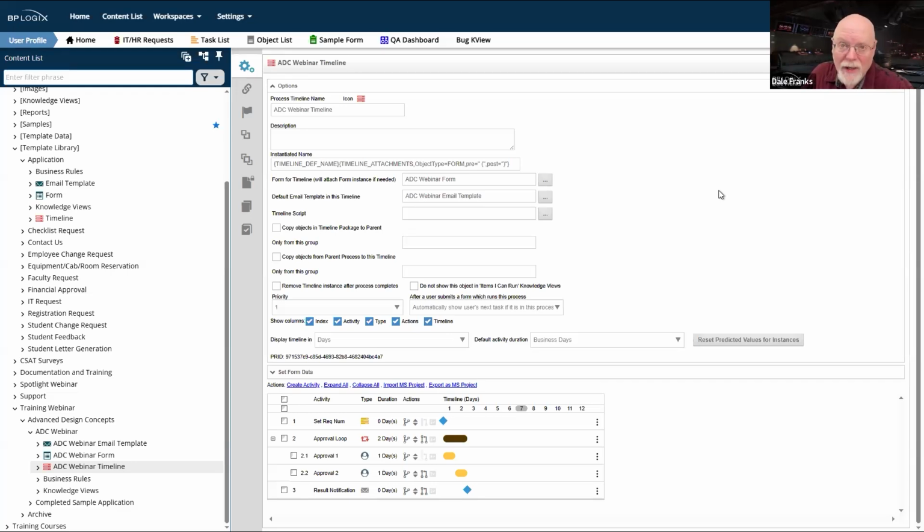especially if you're going to have a lot of attachments. If I'm going to have like 5 or 10 different document attachments, this timeline attachments system variable is going to return a lot of text. And so your names have a tendency to turn into paragraphs because I've got 30 Word documents that I've uploaded and I've converted them to PDF. So you might want to think about how the instantiated name is going to work in the instance of your process timeline.